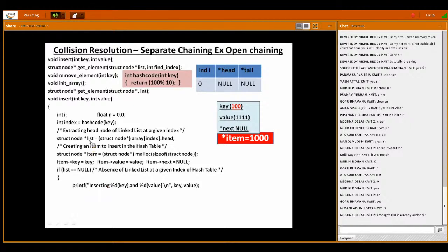Again, what is in this list? Array of 0, 0 of head is null. So in this list I have null, right? So list equal to null, true. So I print enter in the if condition, inserting %d key and %d value. What is key? This key. So you will get a printout saying that inserting 100 key and value 1111, just as an interactive kind of